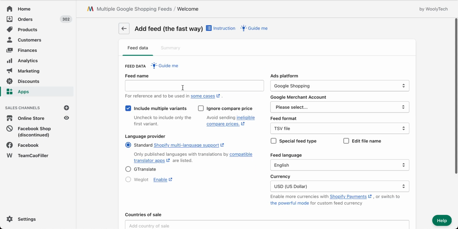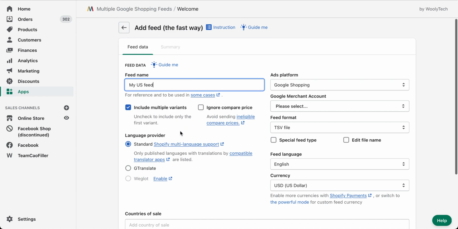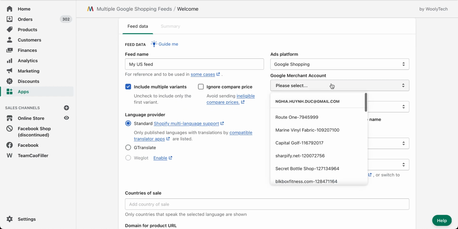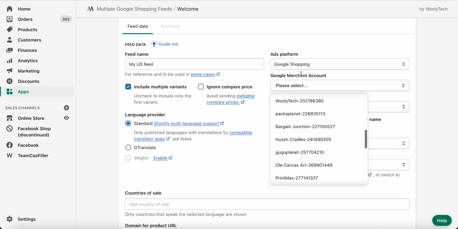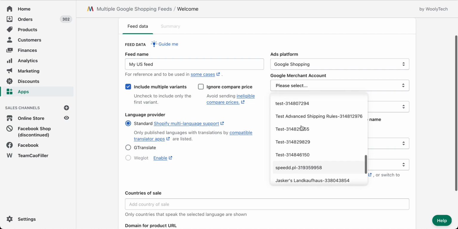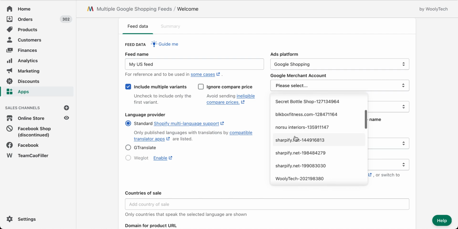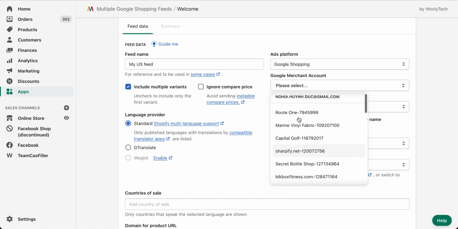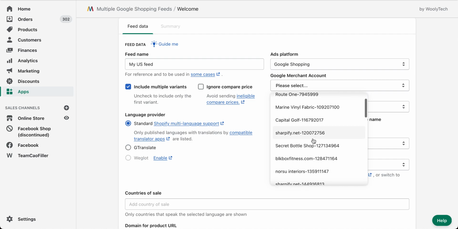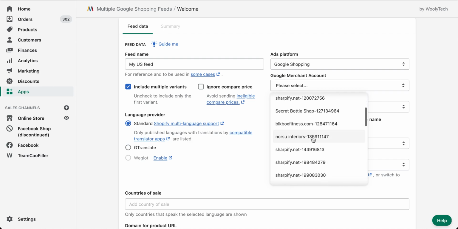Because I want to start real quick, I'm gonna go with the fast way and name my feed my US feed. Okay, let's go with the default, and because I have connected my Google account, the app will have access to the list of Merchant Center accounts that my Gmail has access to.